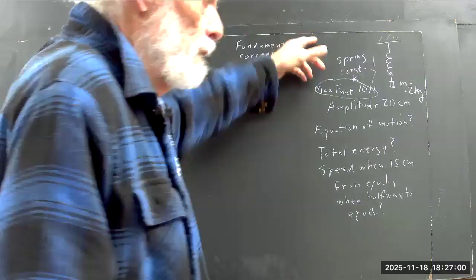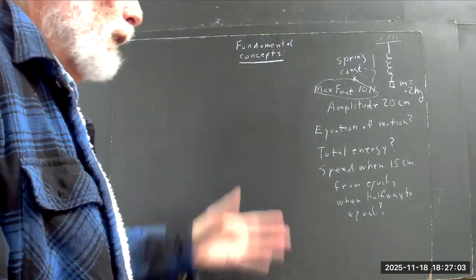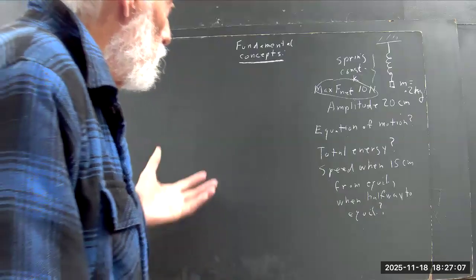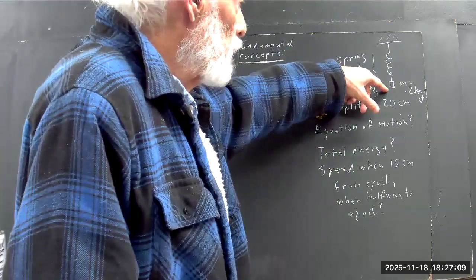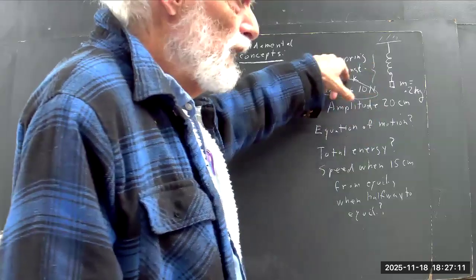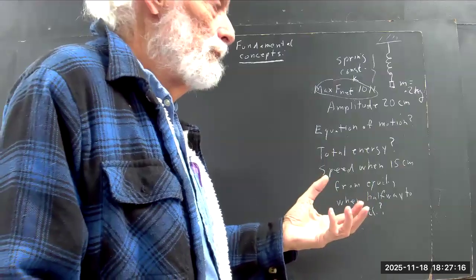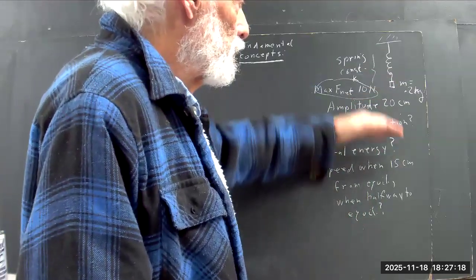Okay, here is the quiz. Now work this just as if we're working it in class. We have a mass on a spring. It's an ideal spring, which means that its mass is negligible. Now, when this thing oscillates,